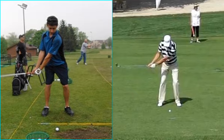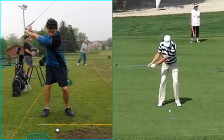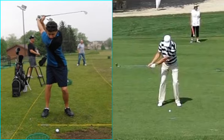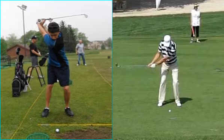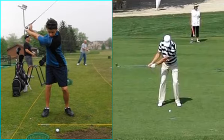That's one of the common denominators amongst the good players, their ability to hit the ground in the same spot. And it makes it more difficult. Not saying you can't play that way because obviously there are guys that do. So you've got a great top. I mean, really good extension. You're just super athletic. Keep that up. You've got a little drop move with your body from the top,